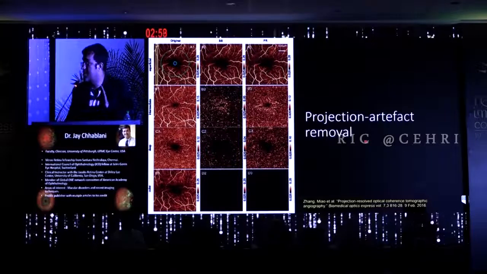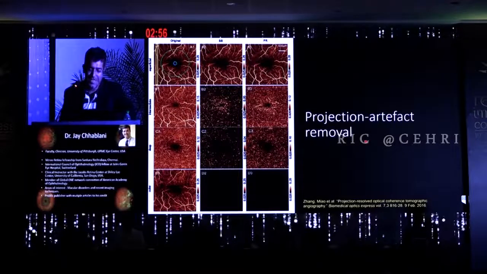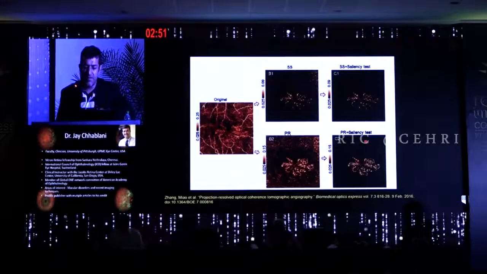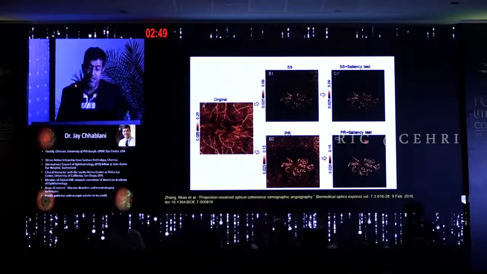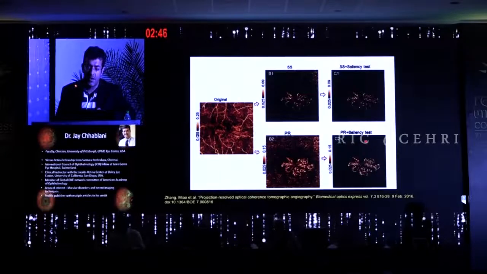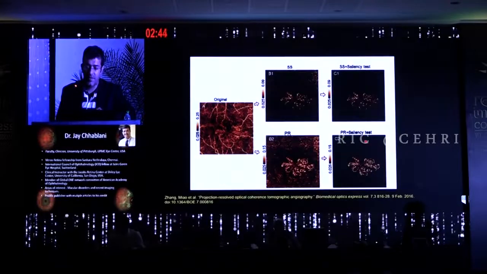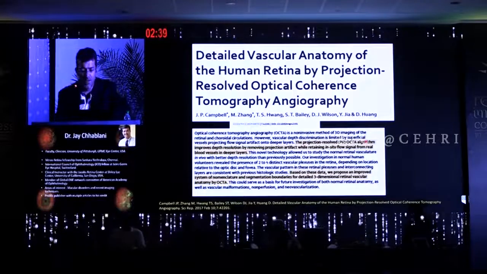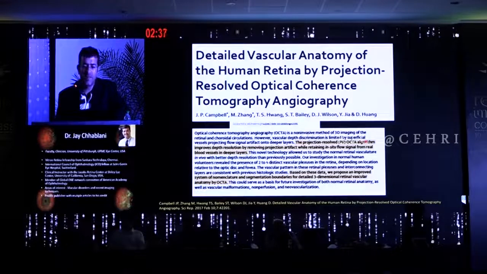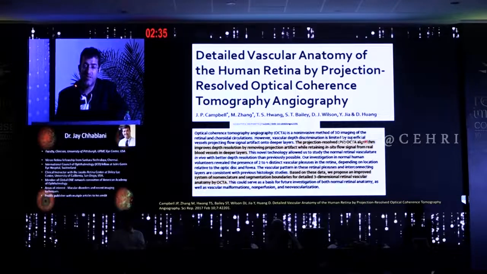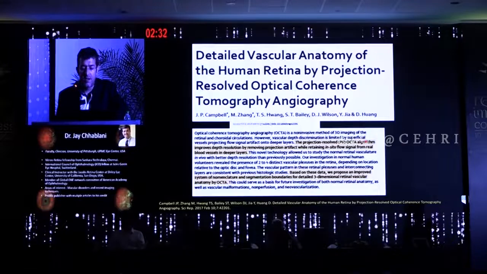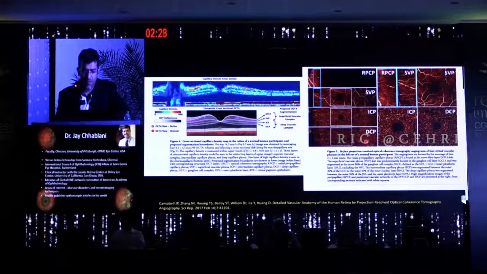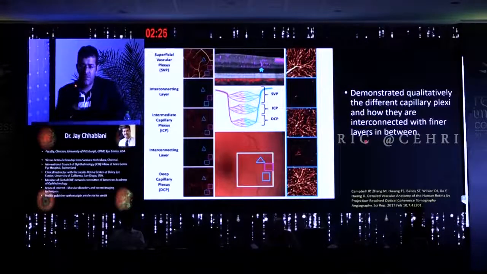But in real life, we don't see such good images. But yes, for publication's sake, we all have some of these very good images. This is just an example where we are trying to show that this is a CNV complex with shadow projection artifact removal. You are able to see the complex very well. So using this technology, Dr. Huang's group from Portland tried looking at the vascular anatomy of the human retina with projection artifact removal OCTA, and they showed these beautiful pictures, but I just picked up something very important for this particular talk,